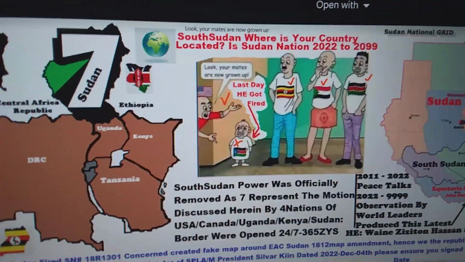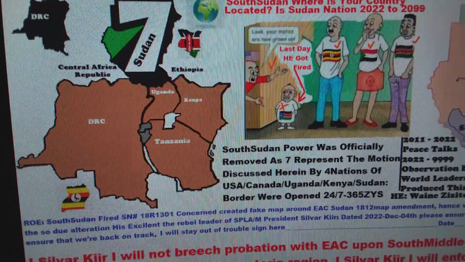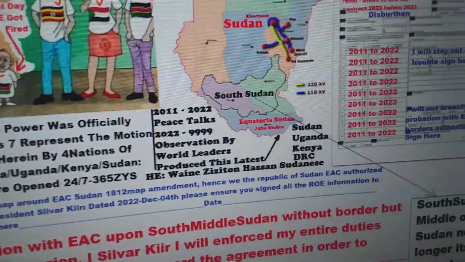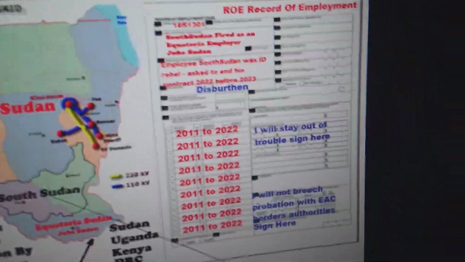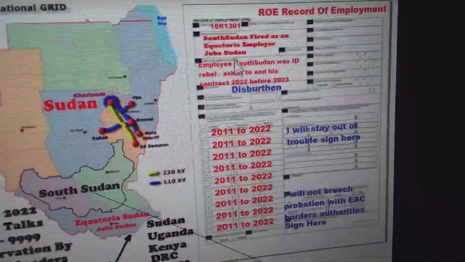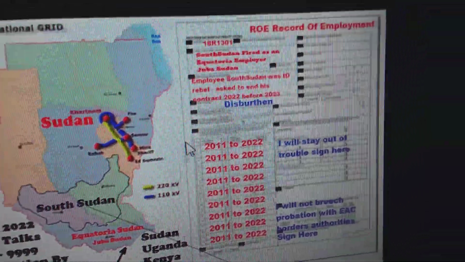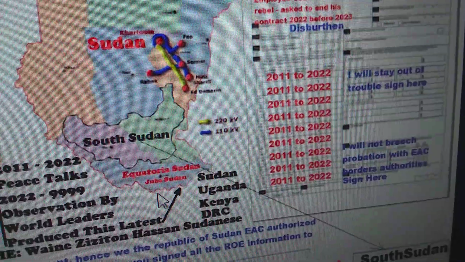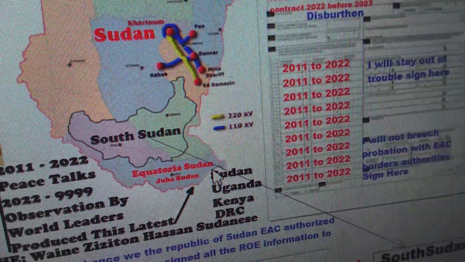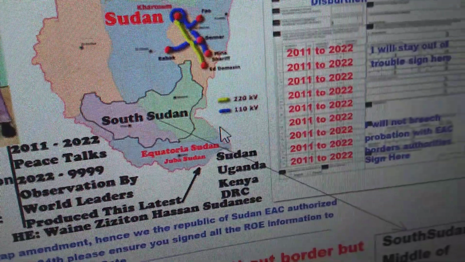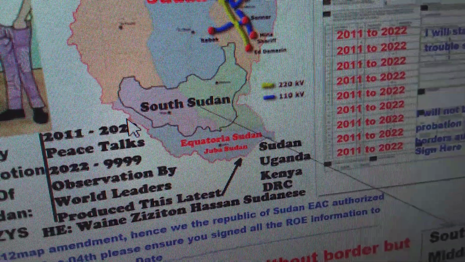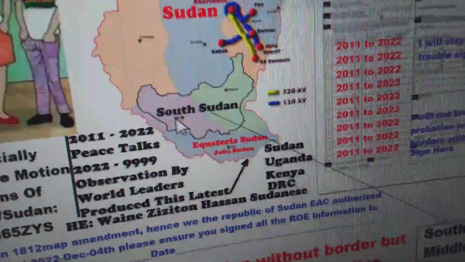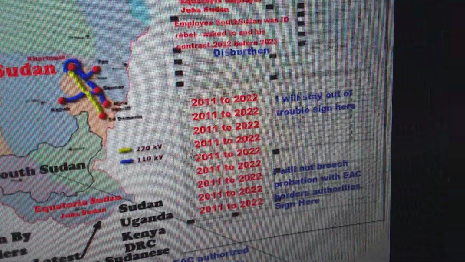So if you briefly read from the introduction of the record of employment, this is the record of employment which we issue here for this particular guy. This is the termination of this guy, the record of employment to terminate South Sudan away from the Ugandan border, DRC border, and the Kenyan border, Ethiopian border as well, and from Central Chad border. Okay, so this is the guy which we terminate. You can see there the guy is totally isolated to the middle for that purpose.